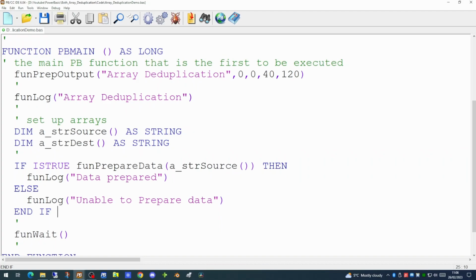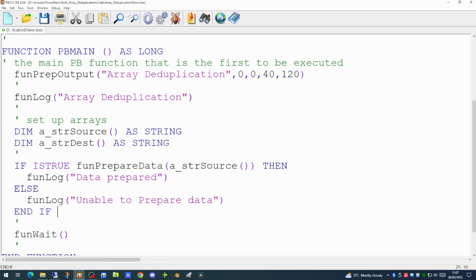We won't create this function just yet, we'll continue sketching out how the application is going to work. So the function which is going to prepare the data will return either a true or a false. True if it has managed to populate the array, and false if it has not. This allows you to conditionally continue with your application.